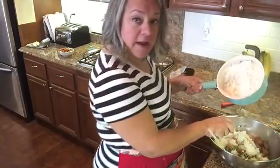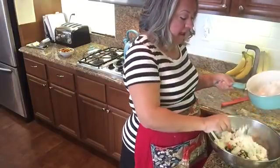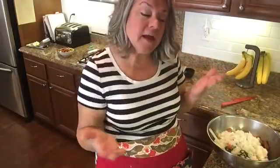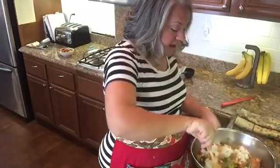Now I've doubled my rice recipe here for another recipe for later. And so that's kind of what I do. I like to plan ahead and put things in the freezer or just pre-package them in the fridge, kind of get meals ready to go because I work and I need to kind of be on my game, so to say. So this is all done now. All I got to do is mix it in, and it is